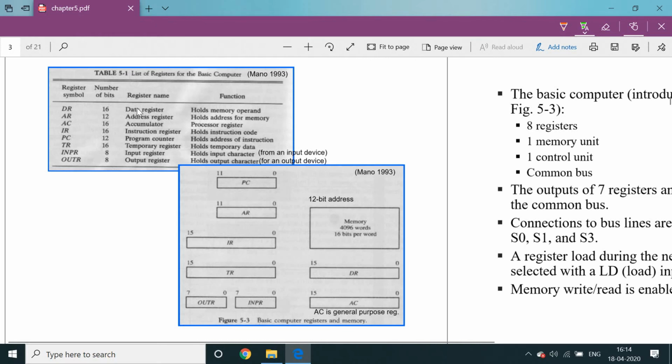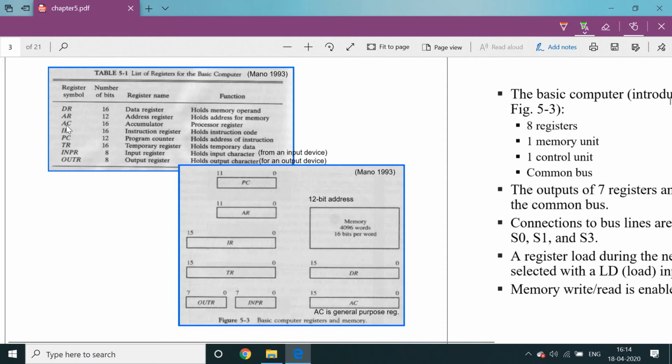So what is the function of the data register? It always holds. Inside every register there are flip-flops. If the data register size is 16, then 16 flip-flops are inside. So 16 bits of binary information holds the memory operand. From the memory we read 2 bytes, that means 1 word of information, and that word is stored by the data register. Holds also means we store the address for a memory, because this is the address.